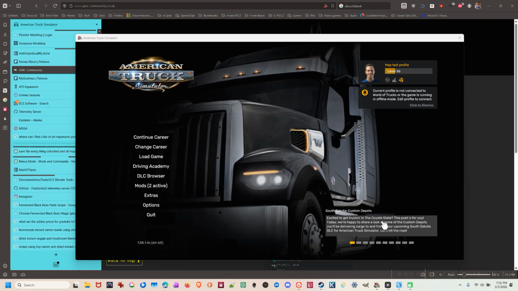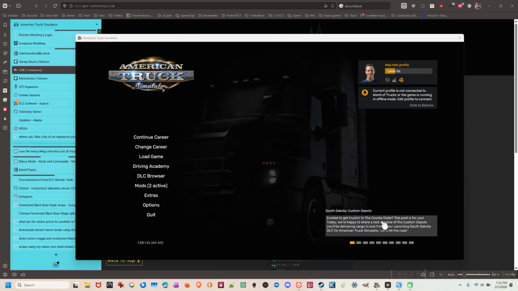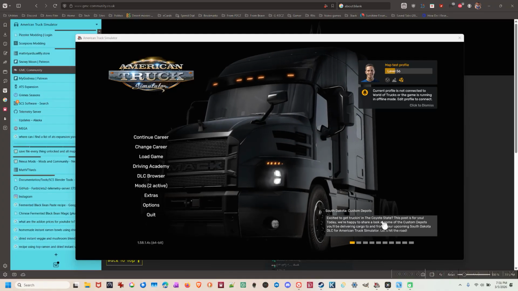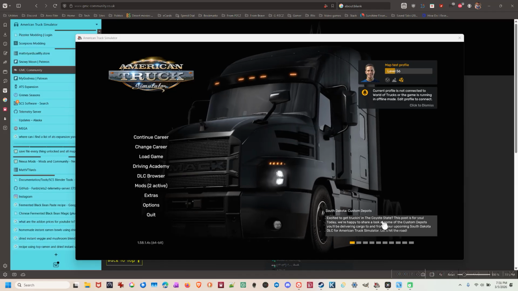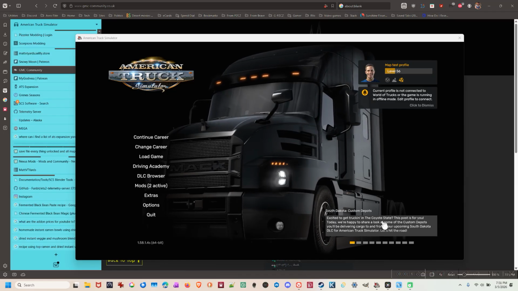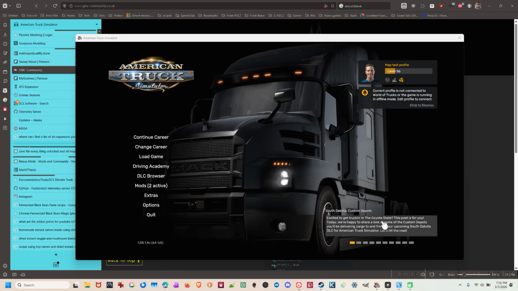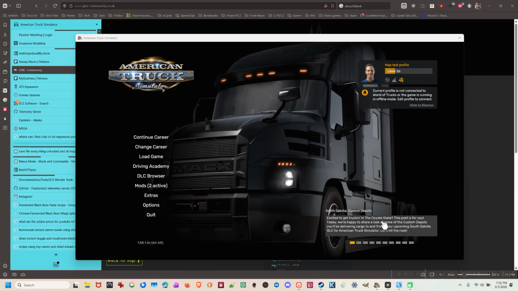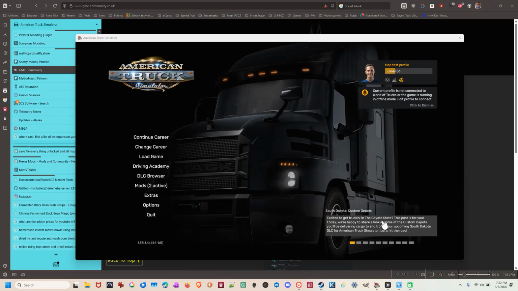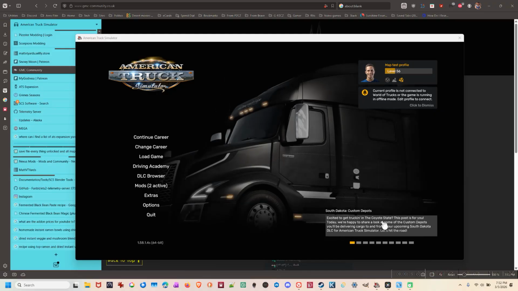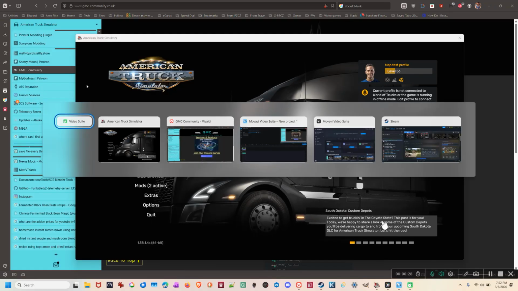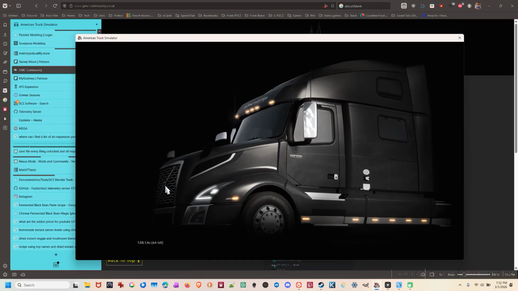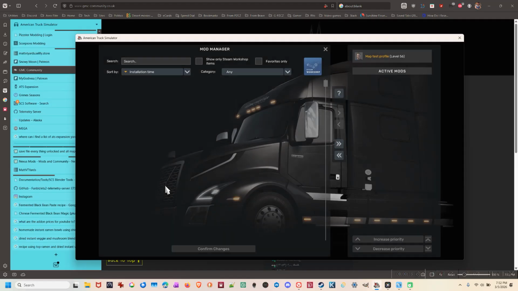Well, I'm going to show you a quick and easy way to get your map mod order installed in the game. So here we are at our introductory screen in American Truck Simulator, and notice I do not have my game maximized because I needed to have it in a smaller window. You'll see the reason why in just a moment. So let me get into that now and go into the active mods,